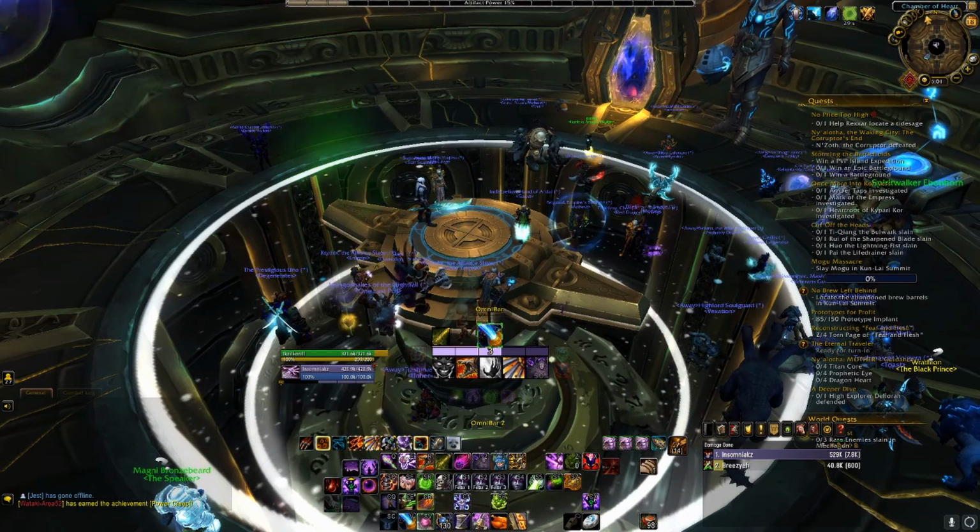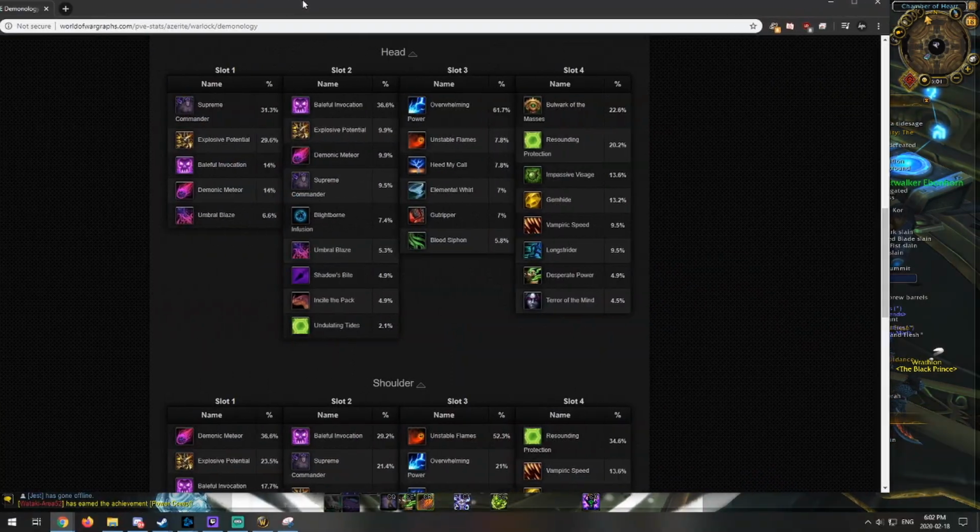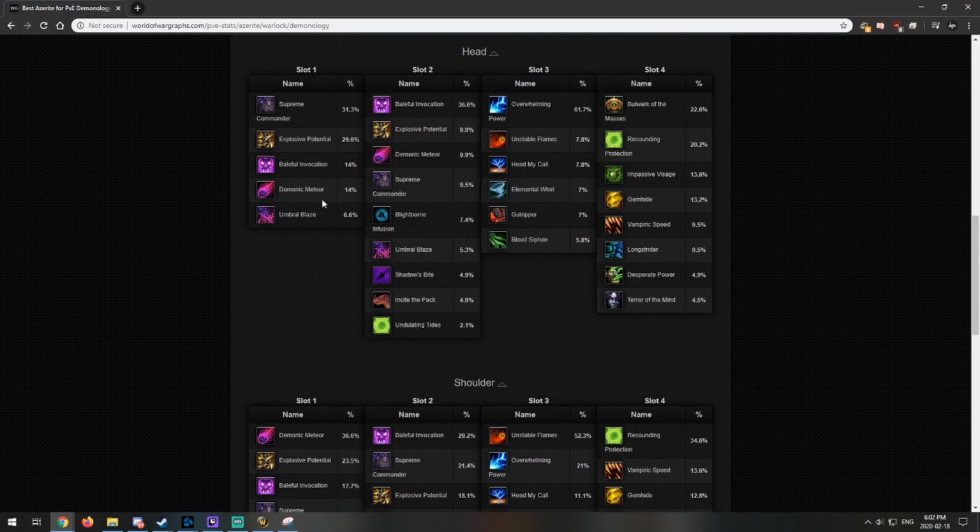Next, we're going to look at Azerite traits within your gear. So I'm just going to pull this website up. We're going to go through it. For your headpiece, the best one to run is